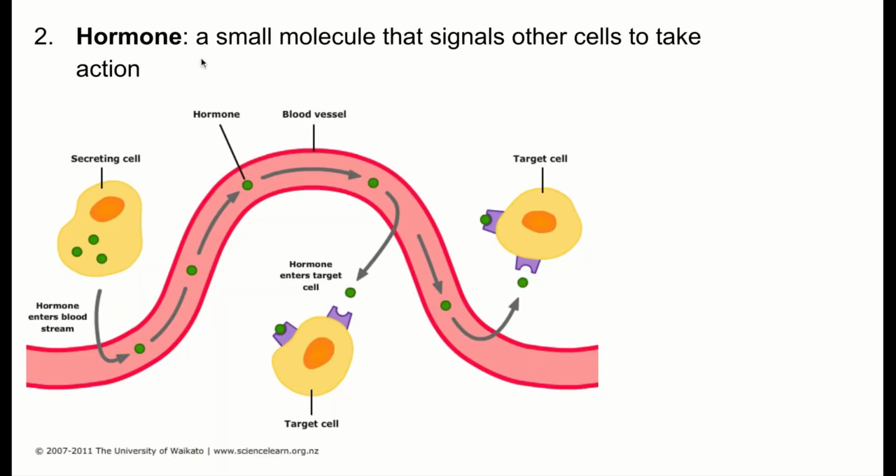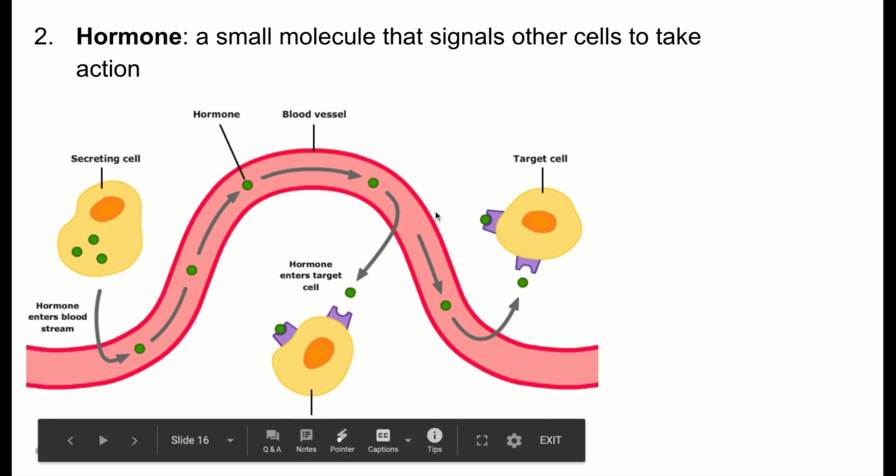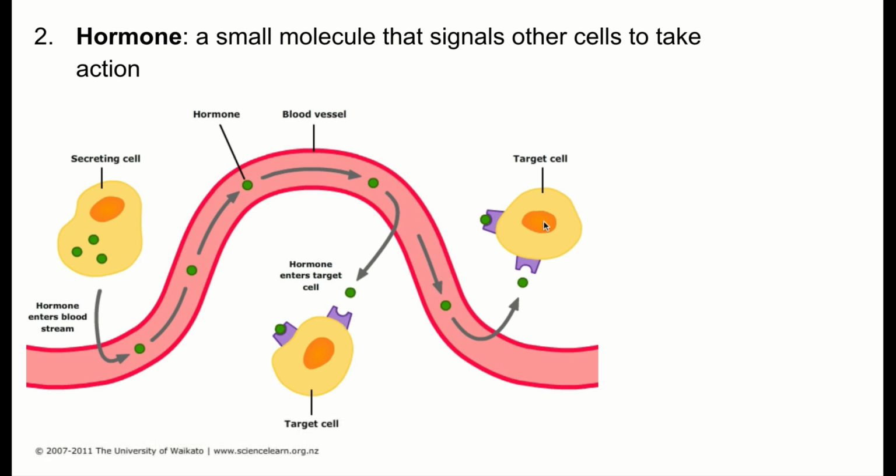So let's define hormone. Detail 2, a hormone is a small molecule that signals other cells to take action. One more time, similar diagram. Our secreting cell releases a hormone, travels through the bloodstream, exits the bloodstream and attaches to its target cell. And once that hormone attaches to its target cell, that's the message that will trigger the target cell to do